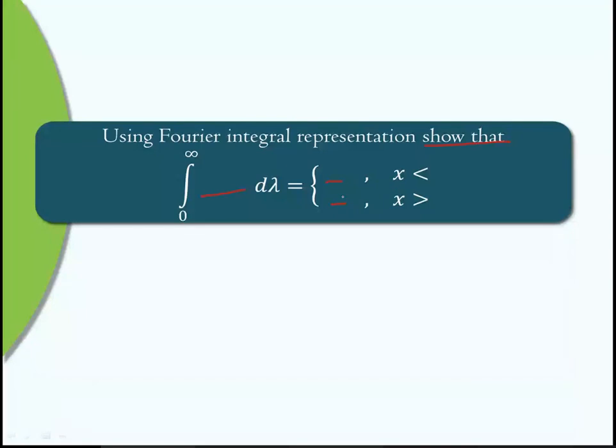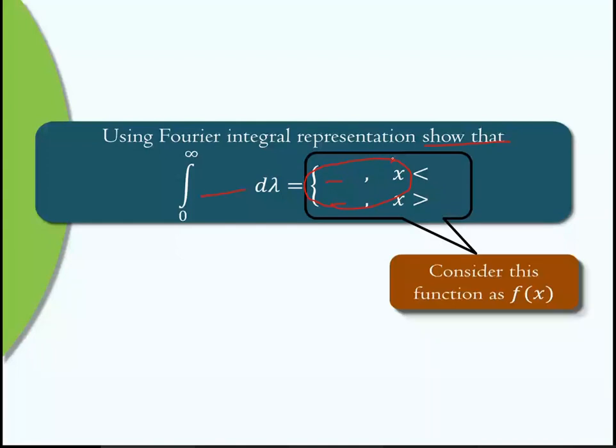Showing an integration equal to some function. So the answer is given to us. We just have to use a different method to simplify it. So what is the method to solve this? First of all, whatever function is there on the right hand side, consider all that as f of x. Consider all the function which is on the other side of that integration, take all that function as f of x. Then look at the terms in this integration. Depending on these terms, we have to simplify it.